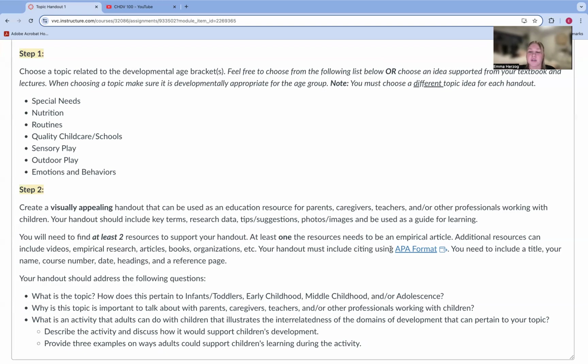And then I want to make sure that I have the reference page at the bottom. So you can include just the reference at the bottom of the page, or if you wanted to include a separate one. And mainly you're just including a title, name, course, and date so that I have record that this is your work. And so that can be in the corner of your work, or if you wanted to make it bold, whatever works best for you.